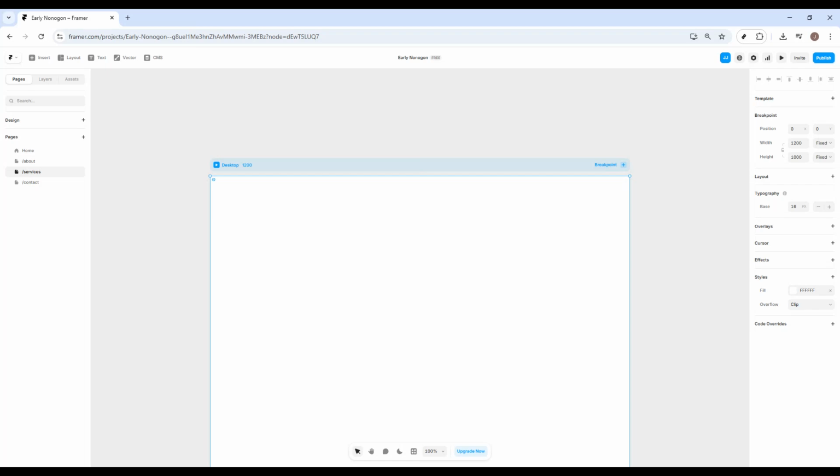Today, I'm going to show you how to create a navbar in Framer step by step in a simple way that works whether you're building a portfolio, a landing page, or a full website. A clean navbar is one of the first things people notice, and it helps your site feel professional, organized, and